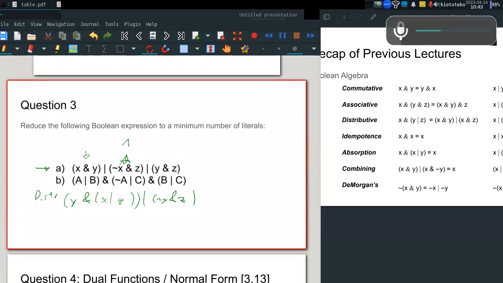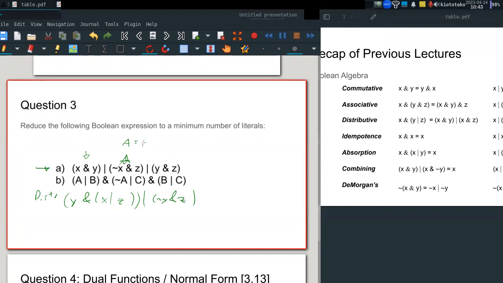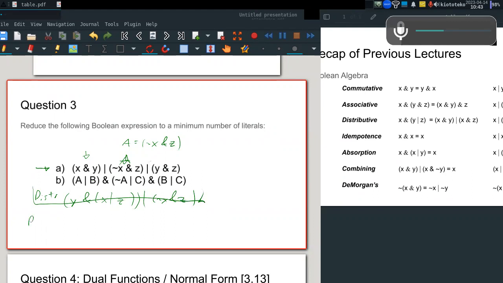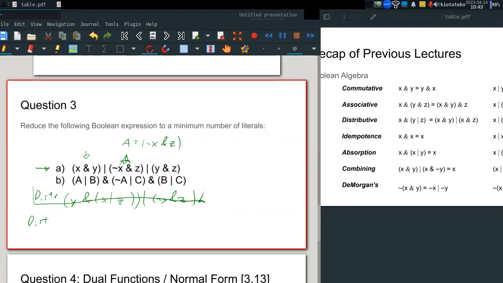Let's say A is equal to not X and Z. Let's assume this is distributive. It would be the other case, no? It would be X or not X and Z